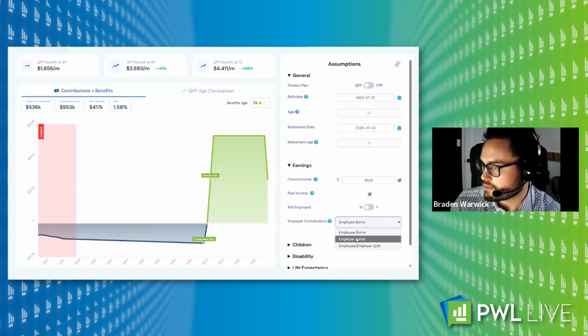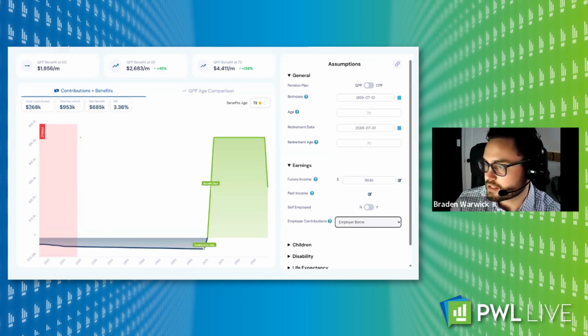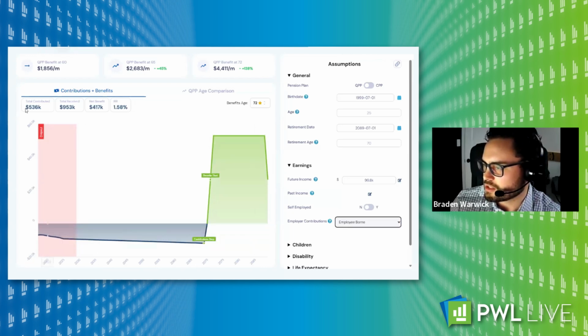If you flip this over to employer borne, then you see it's half because it's only looking at the contribution that's coming out of the employee's pocket. So I think that's not the right way to look at it in aggregate. But if you do want to just look at cash flows coming out of the employee's pocket, you would use this employer borne. And if you're confused about what's what, just look at the total contributed and you can see where you're at. You can see pretty quickly that this is using both sides of the contribution, and you can see that those values are larger in the chart as well. Hopefully